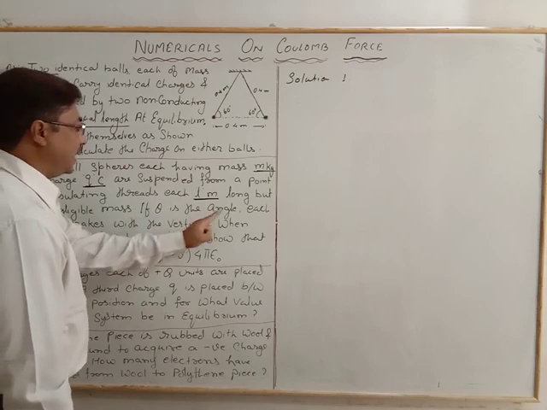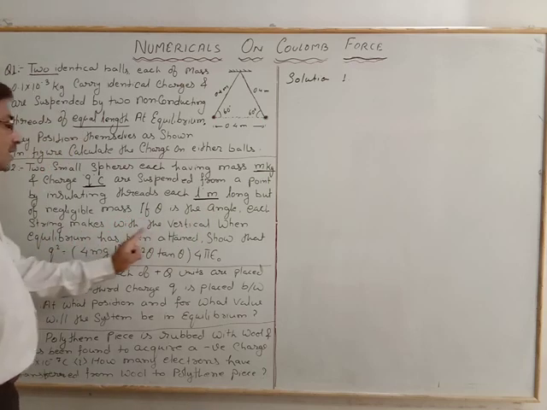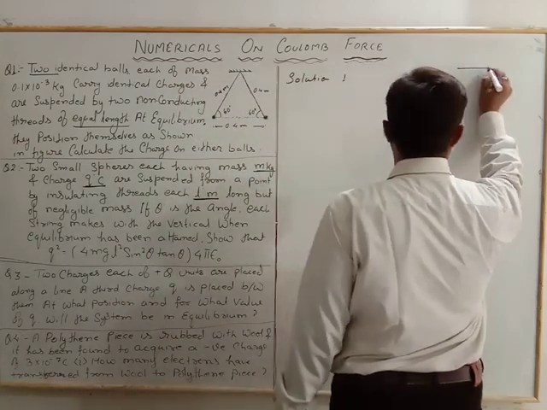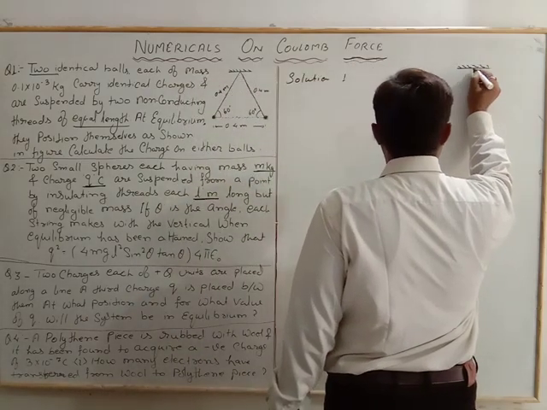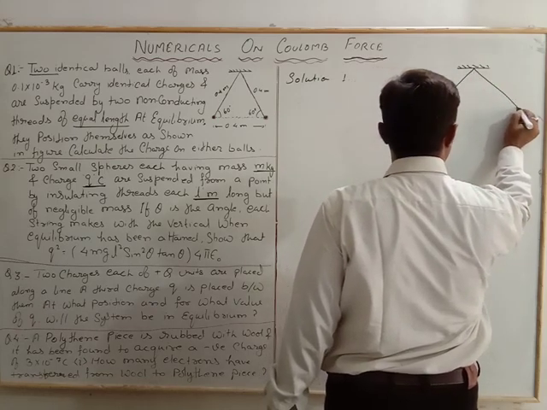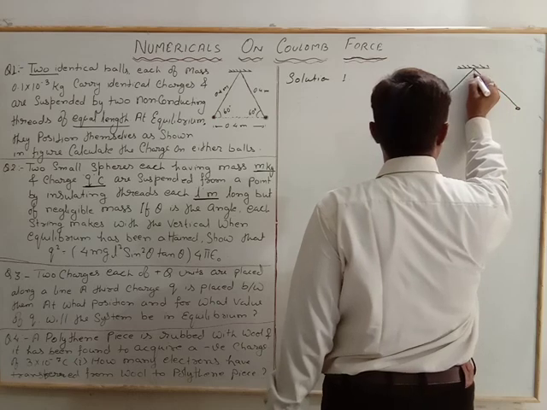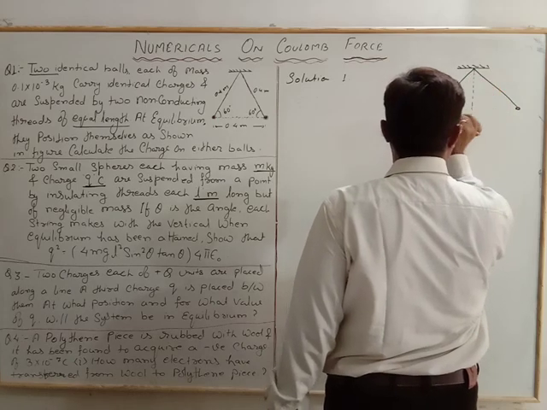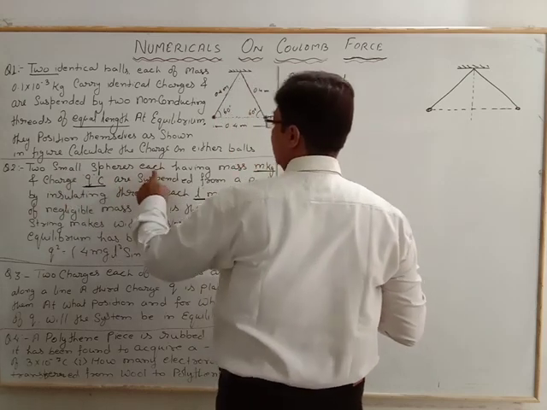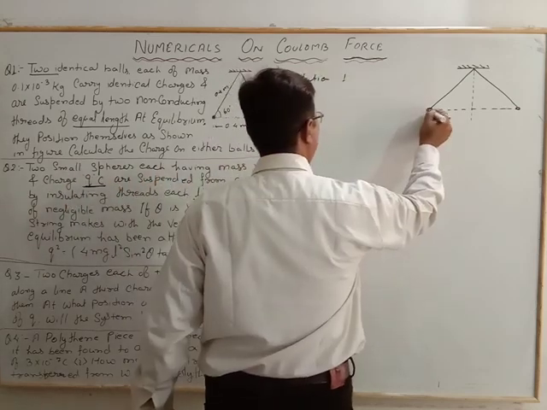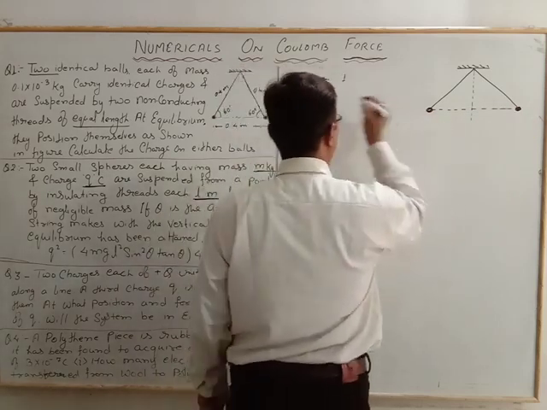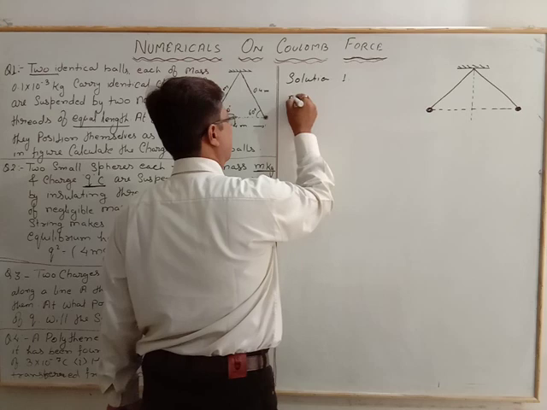If theta is the angle of each string making with the vertical. Now see the arrangement of this charge is here. That is like this. One charge is here, another charge is here, and from the vertices there is the separation between the two charges. Two small spheres each having the mass. These are the small spheres having the mass, and mass is represented as mass of the sphere.